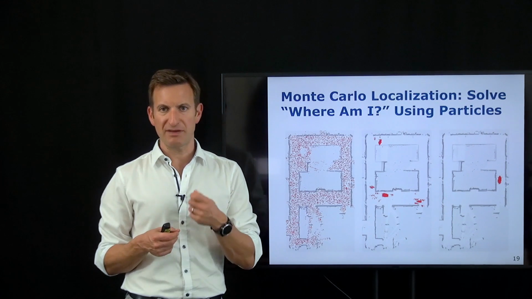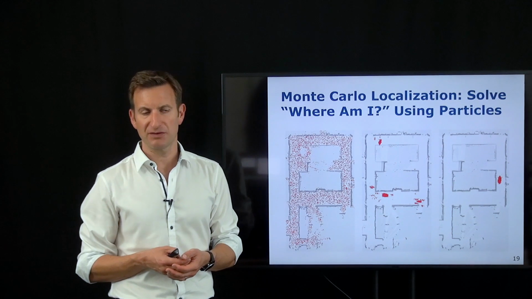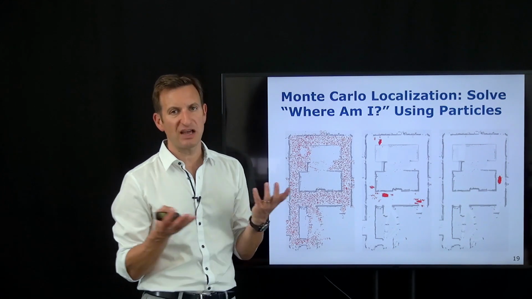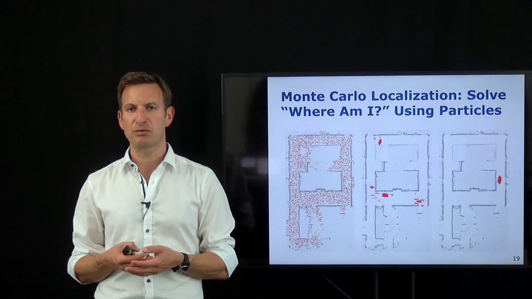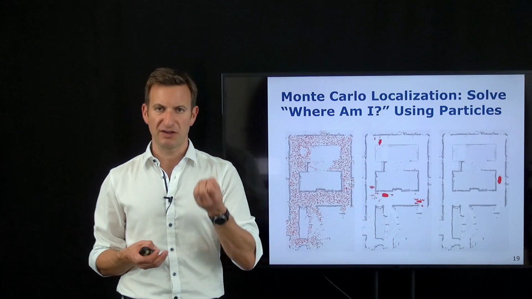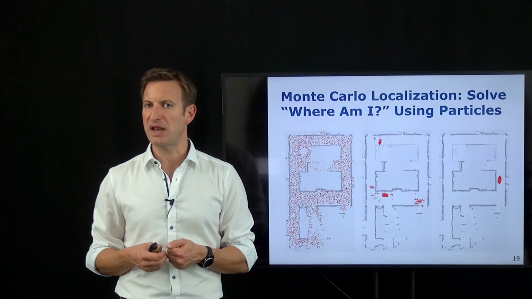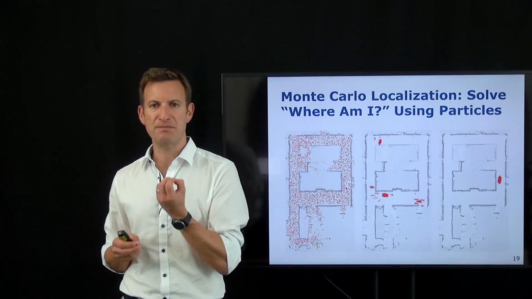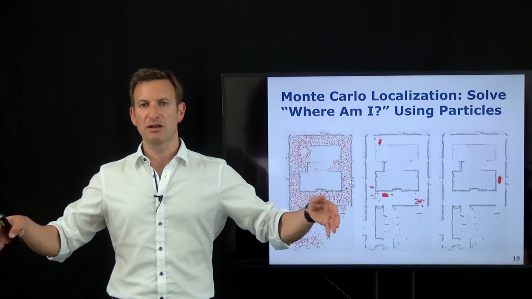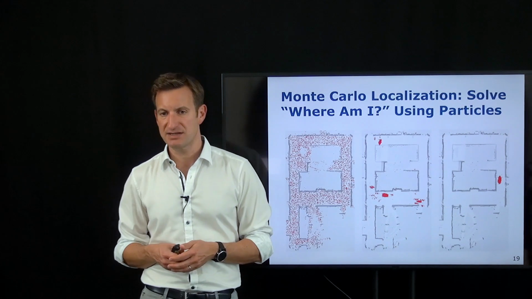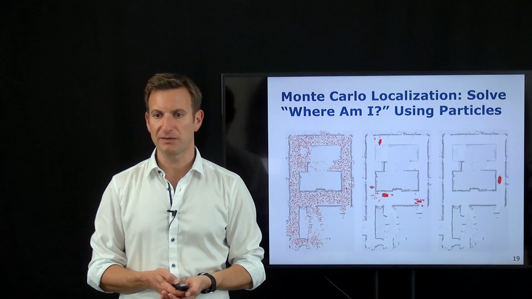And by not having one hypothesis of where I am, but a large number, 1,000, 10,000, 100,000 samples, we actually obtain a belief, a set of possibilities of where we are, and this set of possibilities describes my probability distribution. But every particle itself says, I did the right job, I know where I am, I have my state estimate x, and I have a certain weight associated with myself. So in the view of the particle, it did the right job and everyone else was wrong. Only through using a lot of those hypotheses do we actually get our belief. That's an important thing that is worth considering when you think about the particle filter.